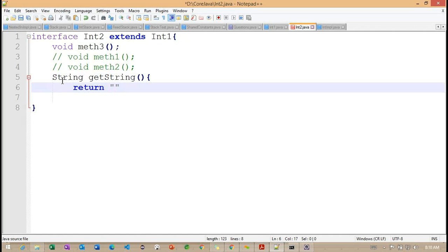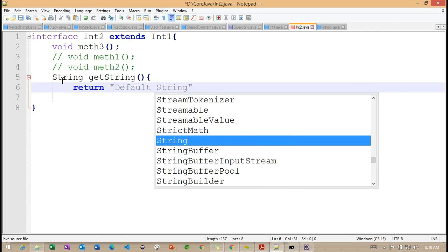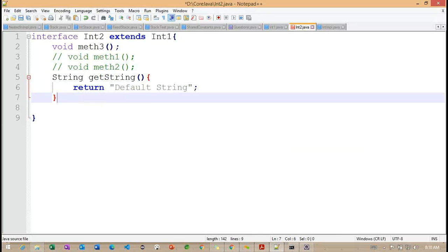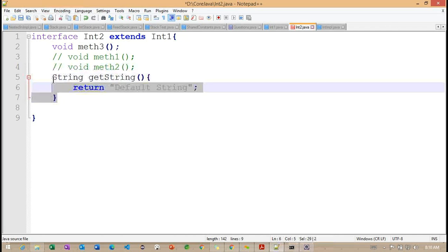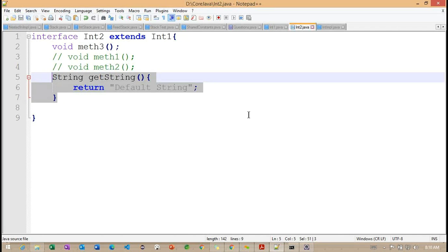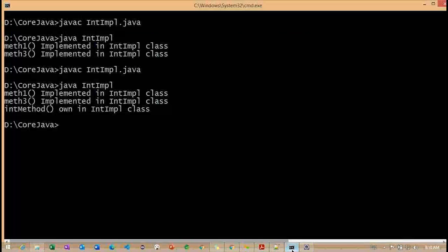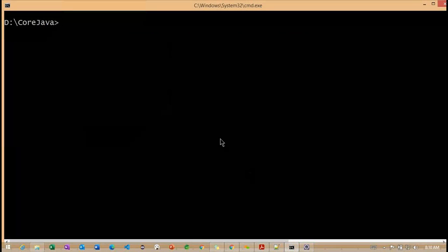This is the default message I want to return here, a default string. Now if I save this particular class, let me compile it.